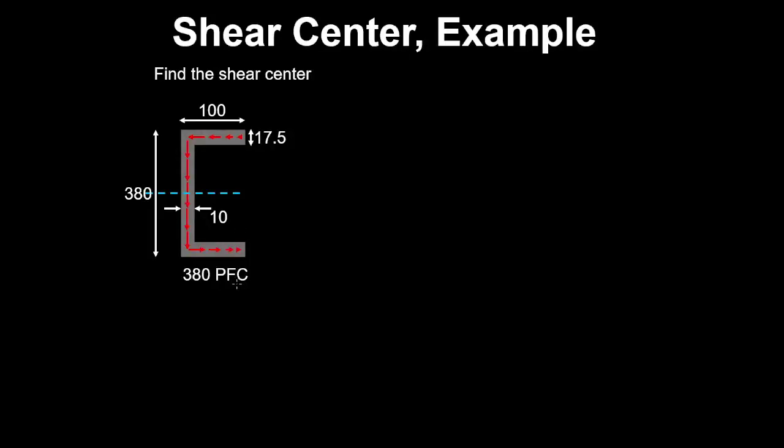Let's find the shear center of this parallel flange channel. And recall that the shear center is the point where a shear force passes through that doesn't cause a section to twist. So because the flanges produce a couple as follows, due to their force resultants,